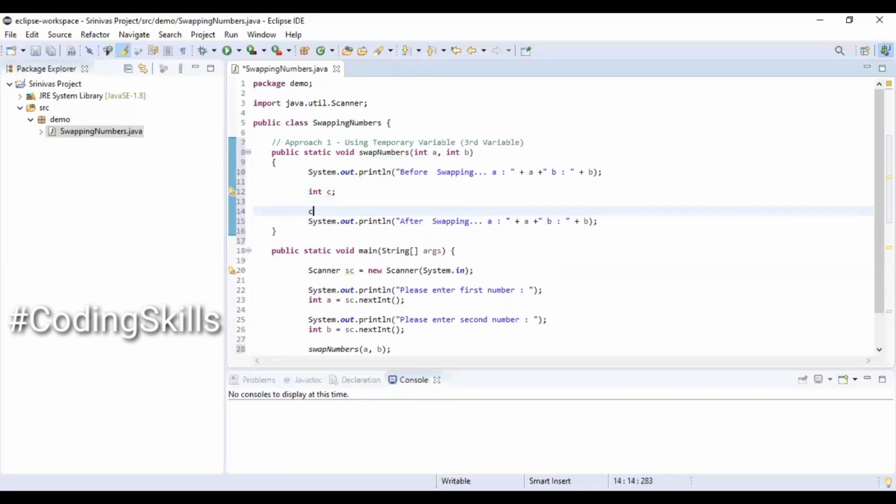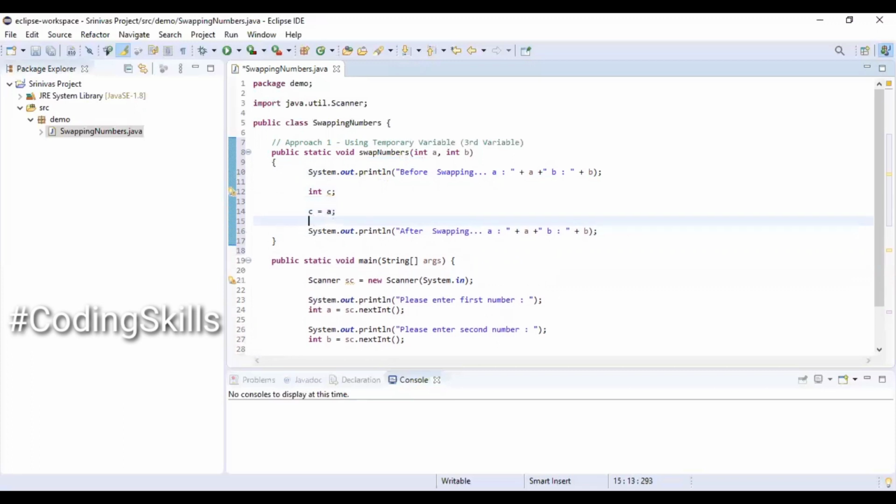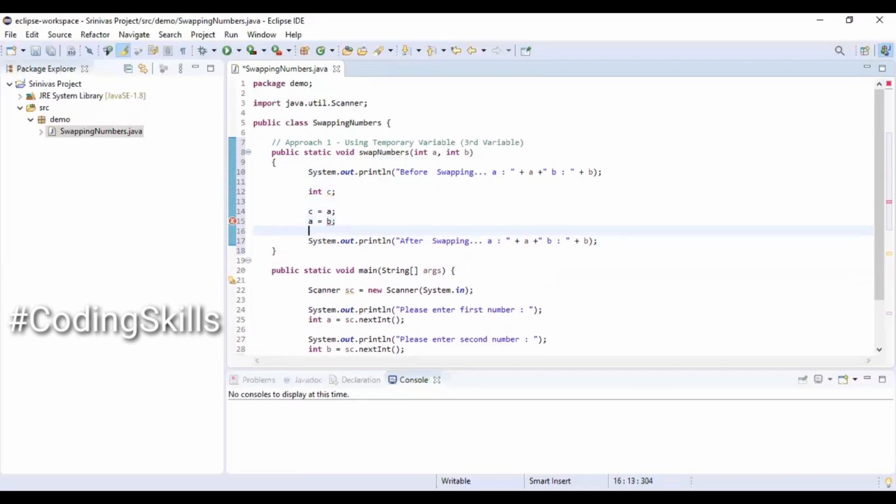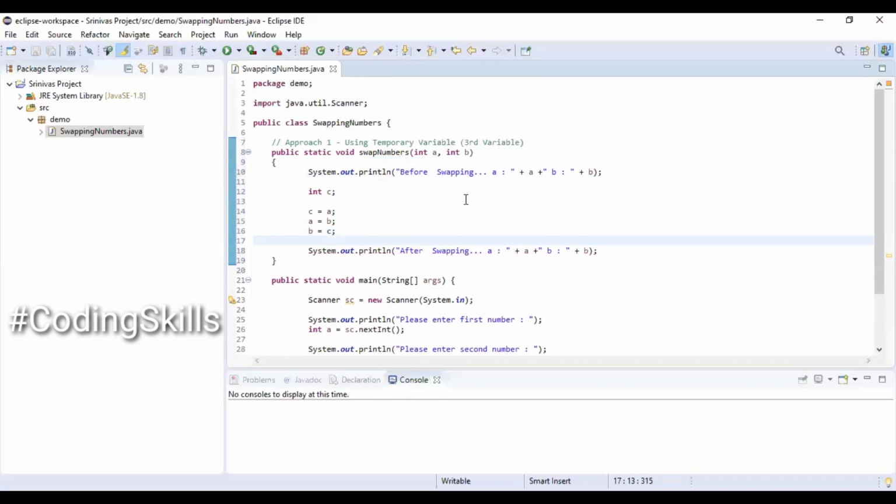Declared a temporary variable, int c equal to a, and a equal to b, and b equal to c. That's all. This is going to interchange the values of both a and b. We are almost done with it. We'll start executing the program.